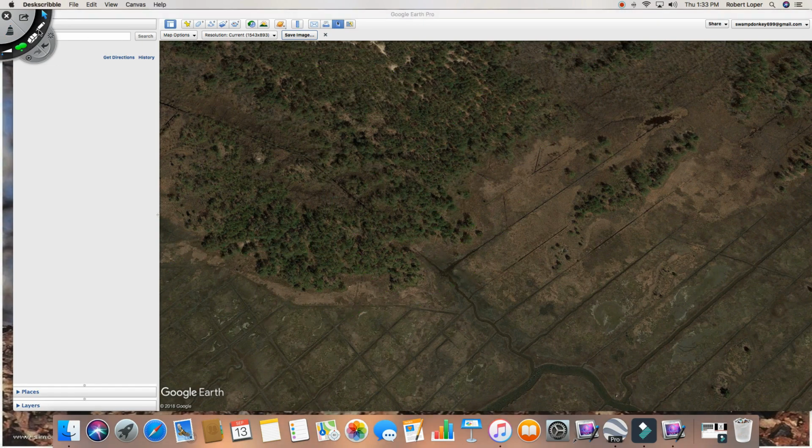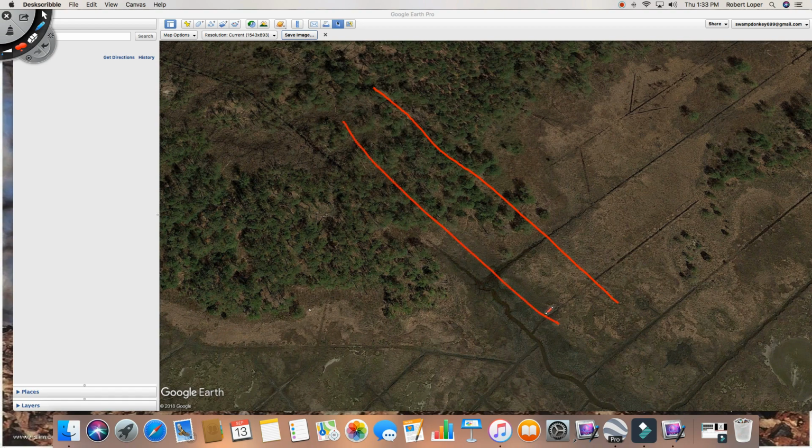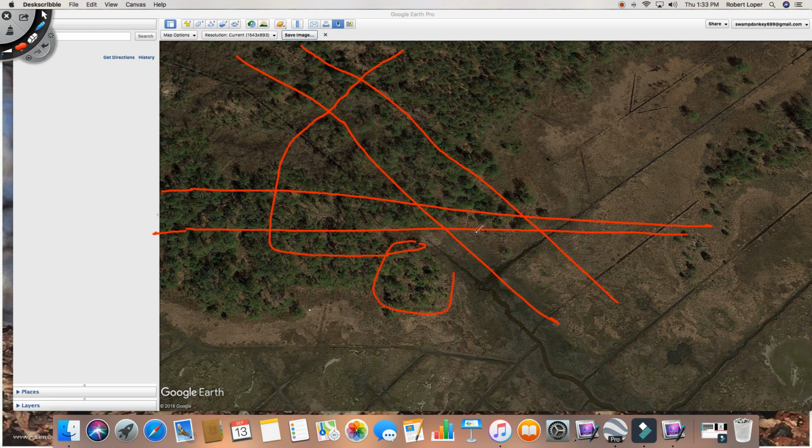So you really, really want to be savvy on this. This one I'm going to hunt tonight is impossible to hunt on any northwest wind or any west wind, because if you walk in from anywhere, your scent's going to get to the buck in the bed, and I don't like to take that chance. Like if you walk in this way, this point is impossible to hunt. This is not. I would walk in straight in, and I would hug this here and hunt on this edge over on this left side if I had a west or a northwest wind,